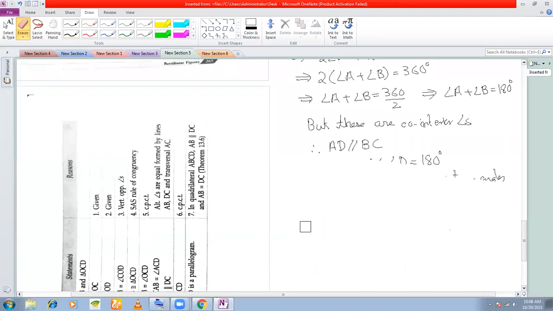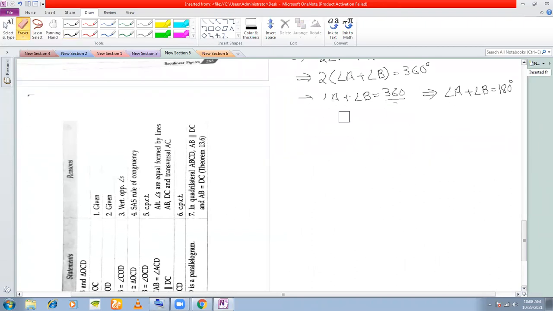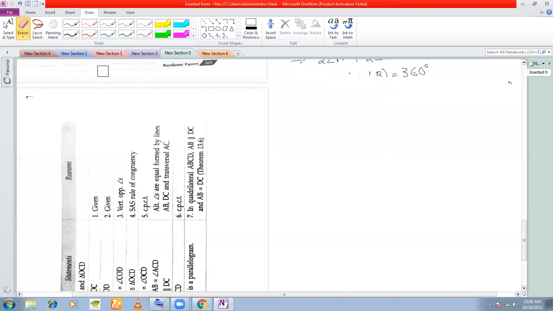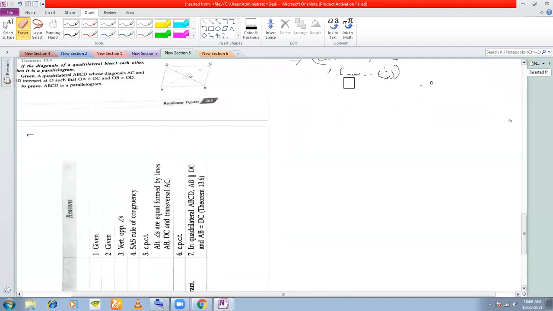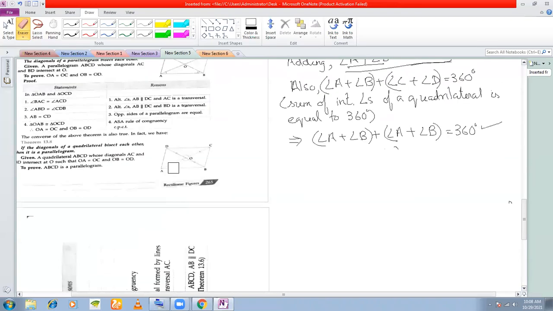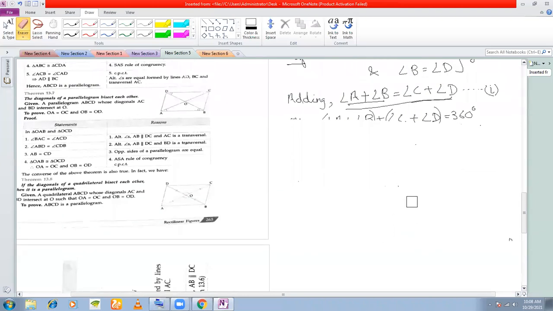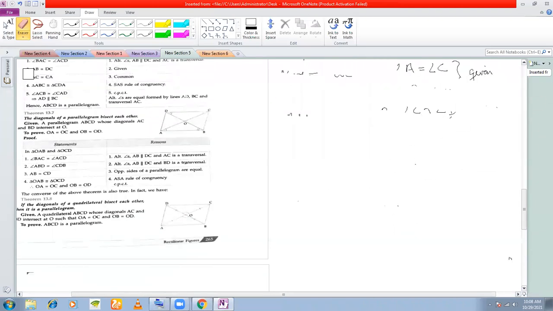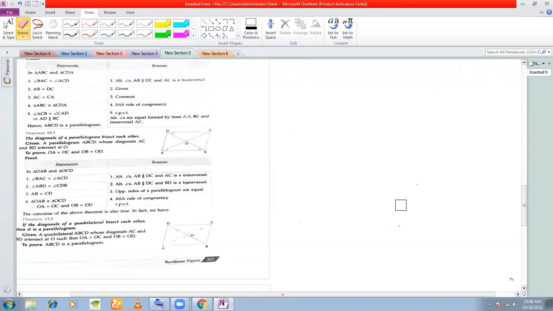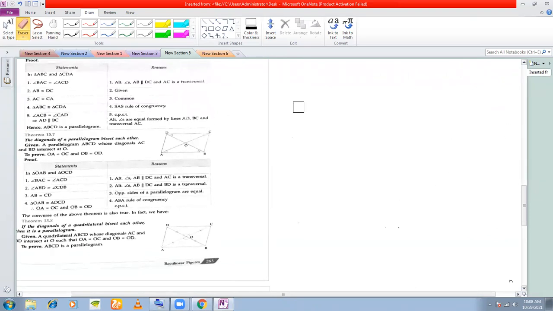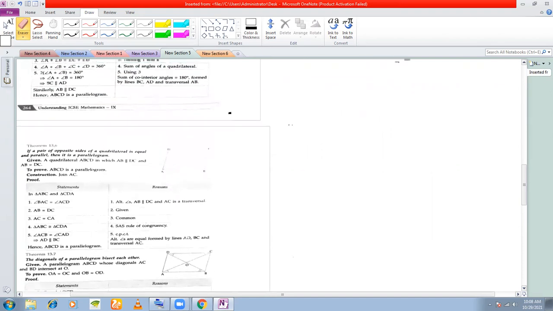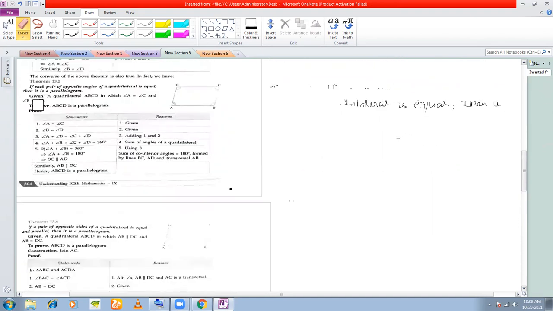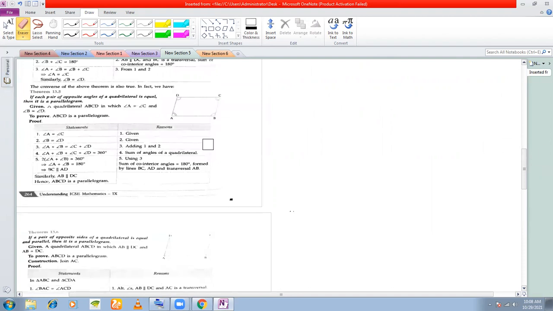Excuse me, sir. Tell me. Sir, I have another question, not from this chapter. Which chapter? Some mensuration. The question is from exercise 16.4, so we will do it on our own. What is 16.4 about? Is it about cubes and cuboids? Yes, sir. No, I'll be discussing that later. Okay, sir. Thank you.